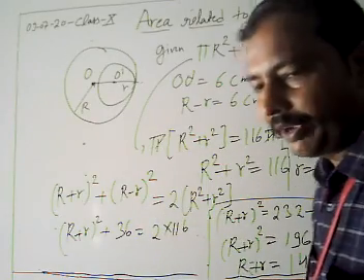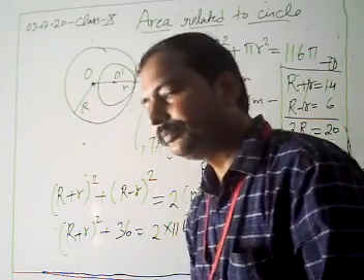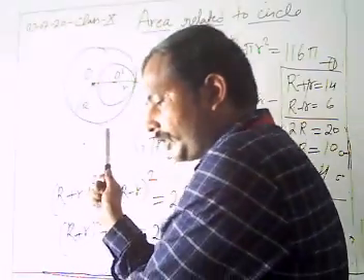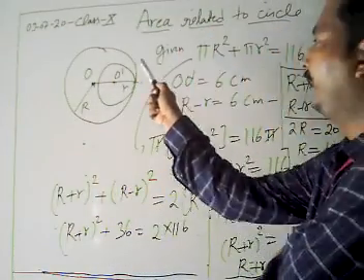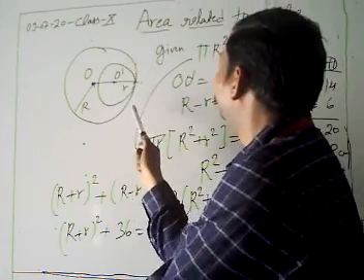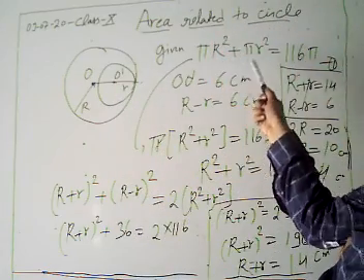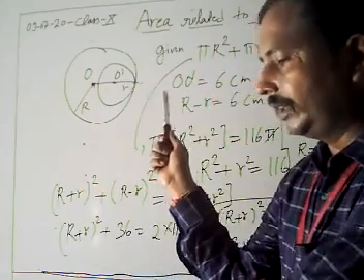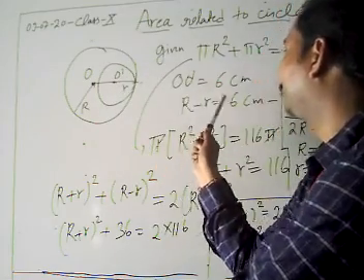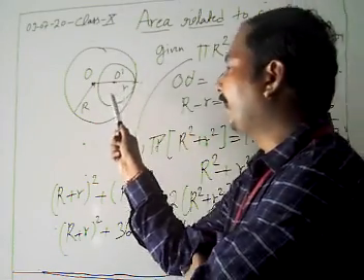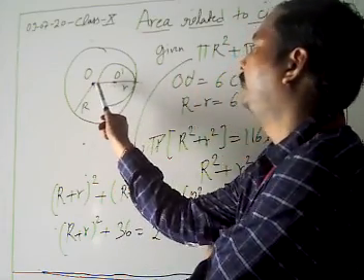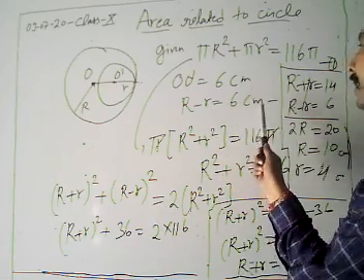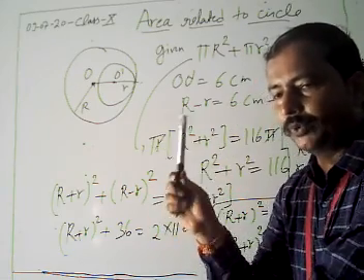I am just going to revise this problem again. Look, what is given there? Two circles touch internally. We have two circles that touch internally to each other. Then it is given that the sum of the areas is 116 pi. And after that, it's given that the distance between their centers is 6, O O prime is 6. How can we get O O prime? The difference of the bigger radius and the smaller radius. Then we have R minus r equal to 6. Now we have to find out the magnitudes of both radii.